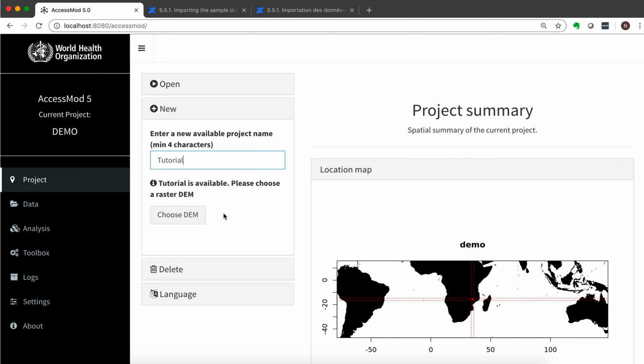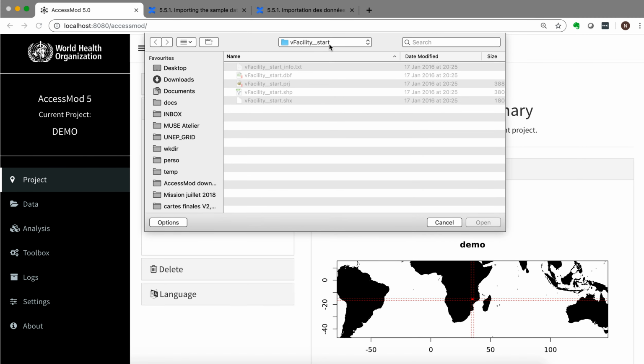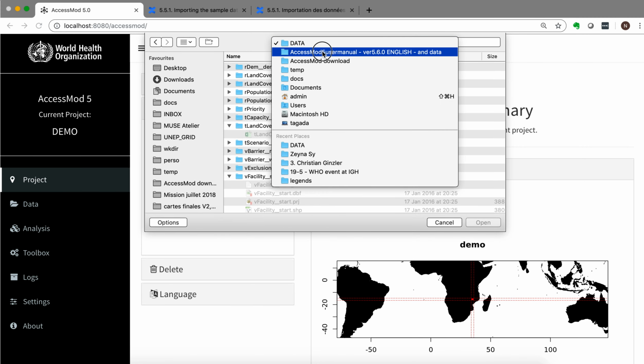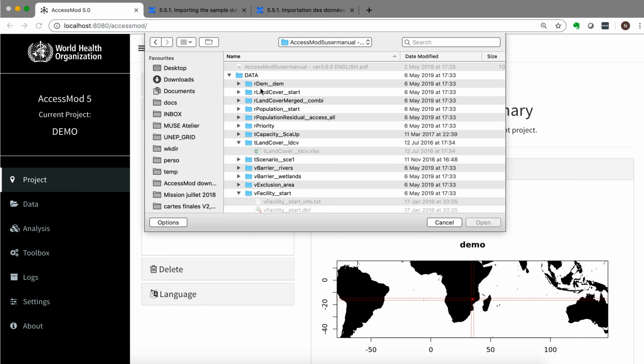And then the first thing that you have to do in order to set up this project is to import the DEM, the digital elevation model, which is the raster dataset that contains the altitude. And all the other datasets that will be imported in AccessMod should really have the same extent and the same resolution as this DEM. So I click on choose DEM, and then I'm going to the data folder, which is